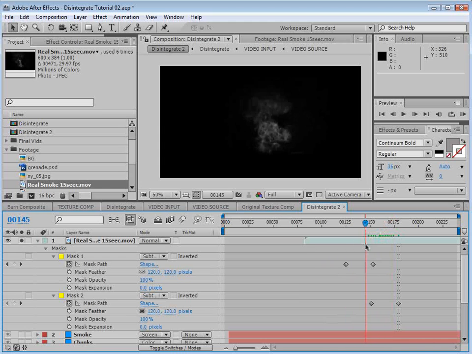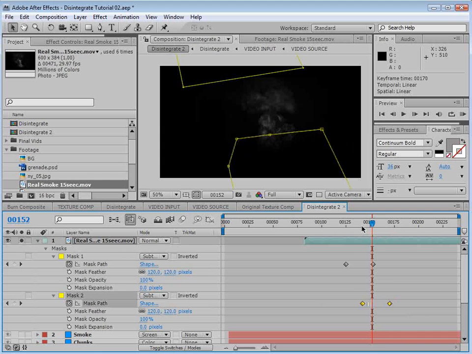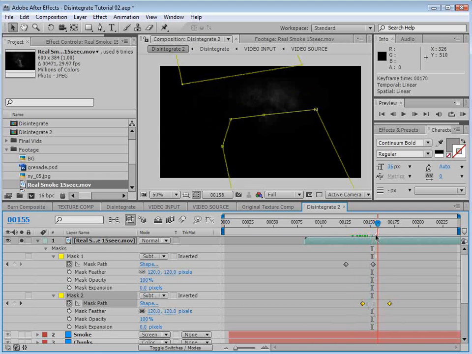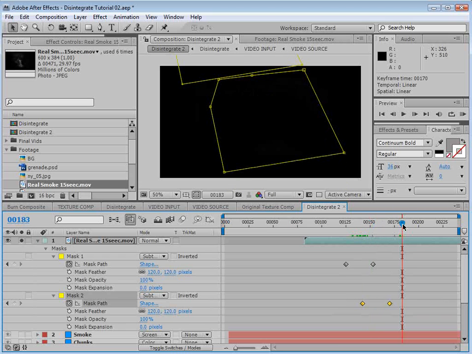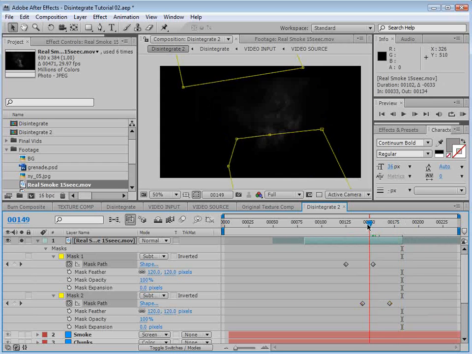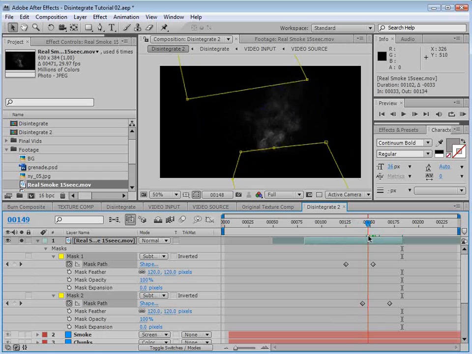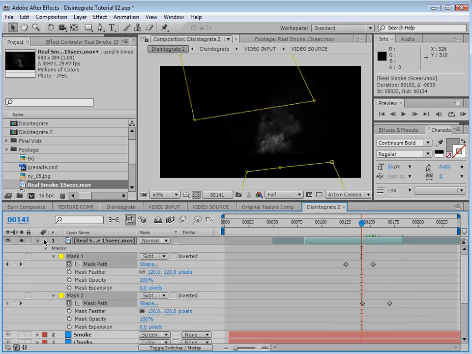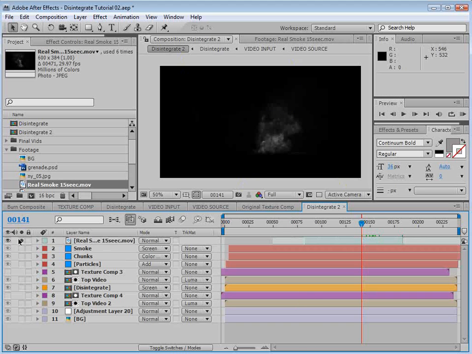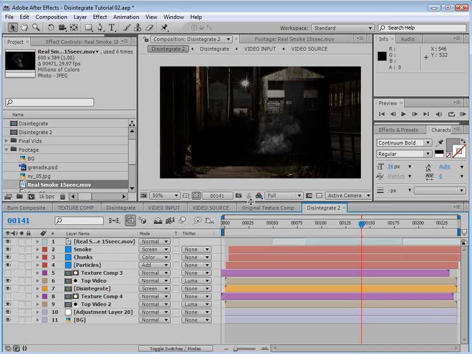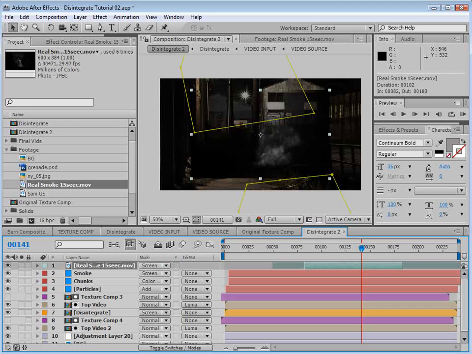So what happens, it grows out, and then it sort of dissipates. Now we can also offset the clip by sliding it, and then we can see sort of a different part of the image. So anyway, this is going to make it so that we can duplicate it a few times and it'll blend very nicely. So we'll set it to screen,